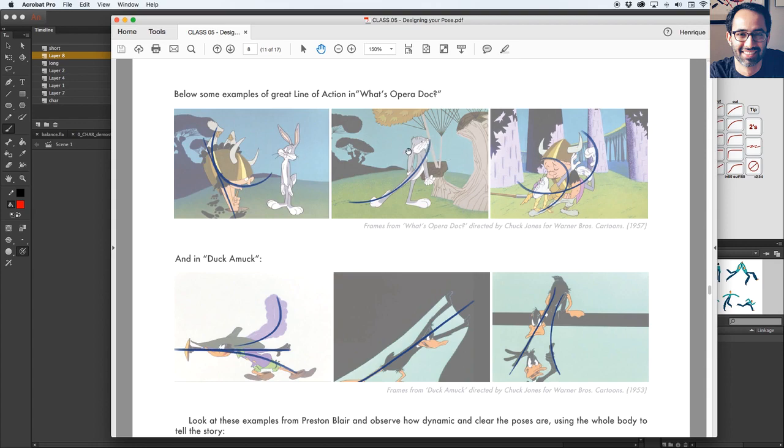And then in this case, Bugs Bunny is looking off screen. So all his line of action, even his feet, is pointing out of the screen, and that's, again, direction lines, and that makes clear for the audience what's happening, what the character's purpose and goal